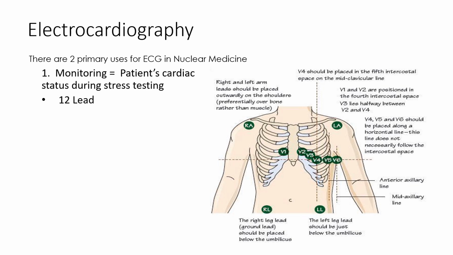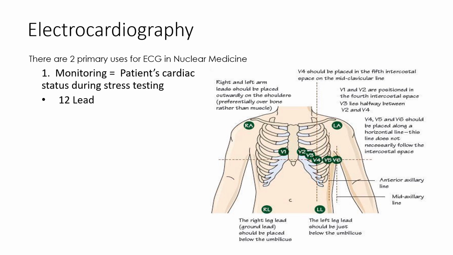So as a nuclear medicine technologist, you need to be able to do 12 and 3 lead EKGs. 12 leads are placed for stress testing with cardiac PET or with SPECT imaging, and the 3-lead EKG is placed for gating purposes for imaging. There are 2 primary uses for it. The first one is monitoring the patient's cardiac status during stress testing. That's where we do the 12 lead. And then the other purpose is a 3-lead, which is used for gating